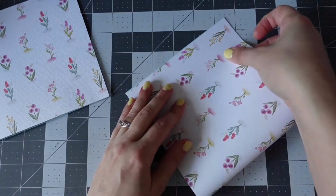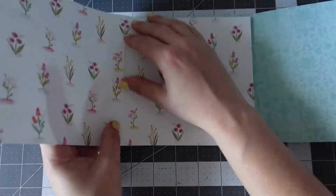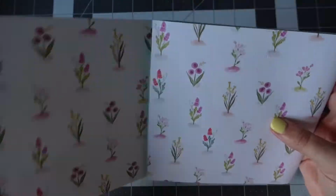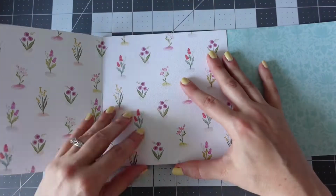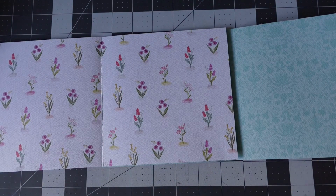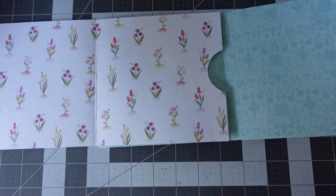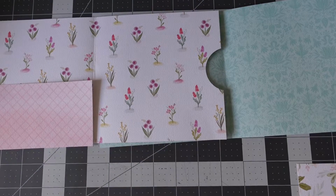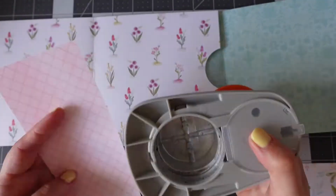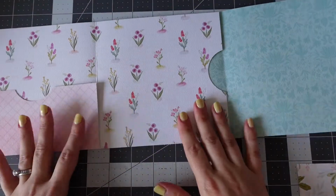And the challenge had the tealy turquoise to use, and I had a mood board that you could take inspiration from. So very similar to last time, it's two 6 by 12 pieces of paper. But this time the two middle pieces are going together in a different way. Last time they actually went back to back to create the inside pocket, but this time one's going front to back,